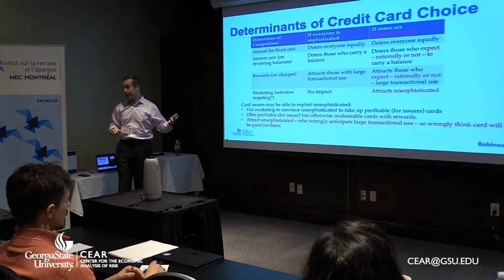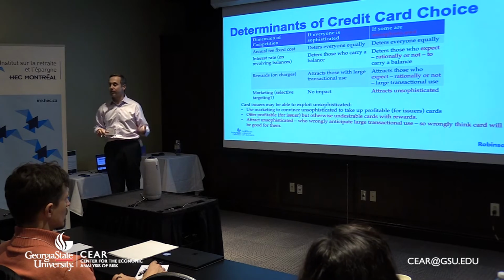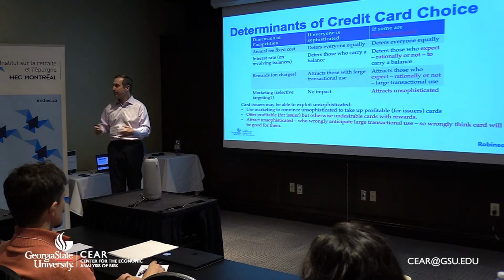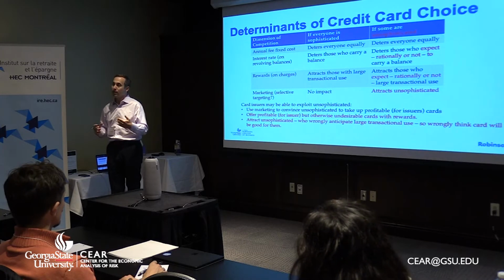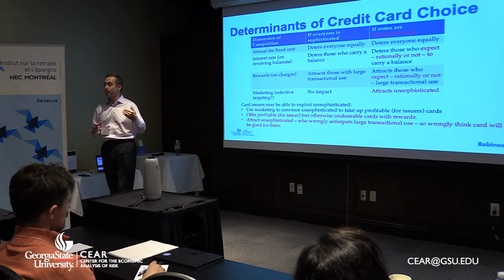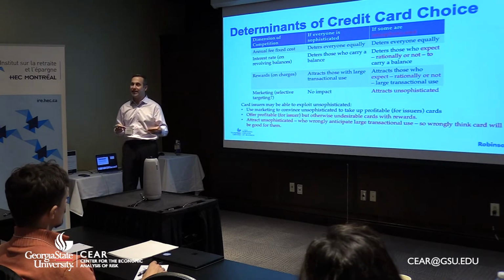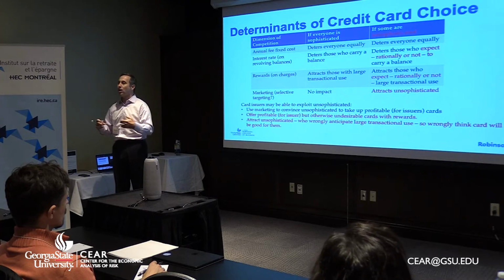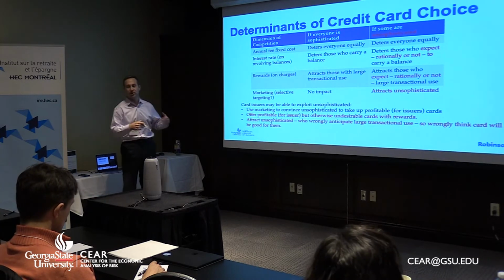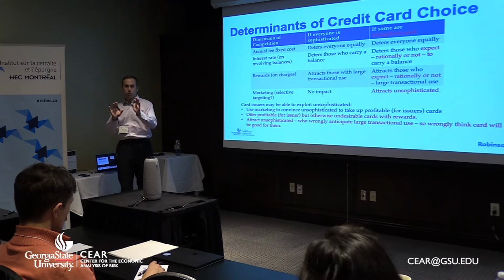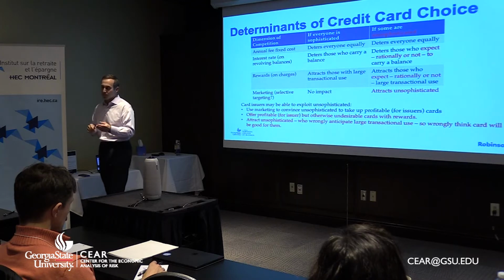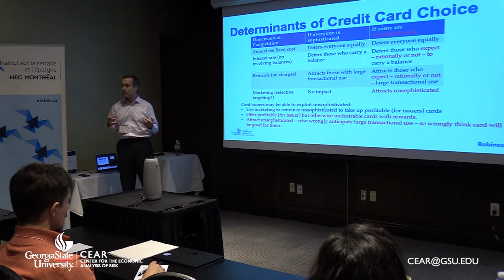Then we have interest rates. That's another dimension in which cards vary. Nobody likes to pay an interest rate, but personally I could care less what my interest rate is because I don't carry a revolving balance. So it's relevant for people who carry a revolving balance. And sophistication is important because if you have a wrong idea of the revolving balance you're going to carry, you might wrongly take this into account, right? So that's the sense in which sophistication might switch this compared to some optimal benchmark where everyone understands what's going on. A third dimension is rewards, right?